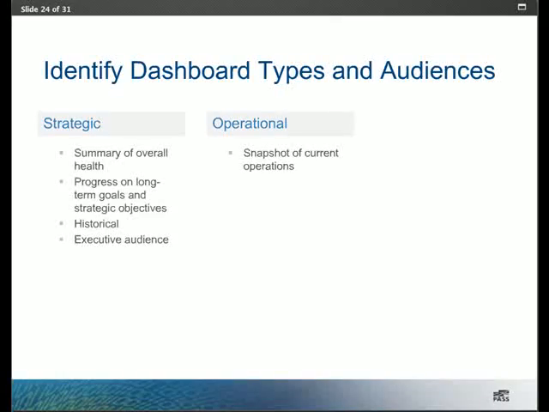Now, an operational dashboard differs from our strategic dashboard in that it's real-time, typically, what's happening now. And it's there because we need to know what's going on so we can do something. Maybe we have a call center and we're monitoring the call distribution and a backlog starts building up. Or maybe you manage IT for a large company and the mail servers are starting to go down all over the place. So this is the type of dashboard that's on someone's screen continuously rather than checked in on a periodic basis. Now, this type of monitoring, by the way, tends to be focused on data from a single department in contrast to the strategic dashboard, which tends to be more of a comprehensive view of the organizational health.